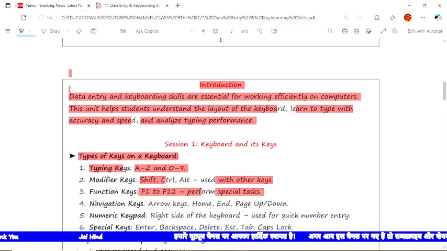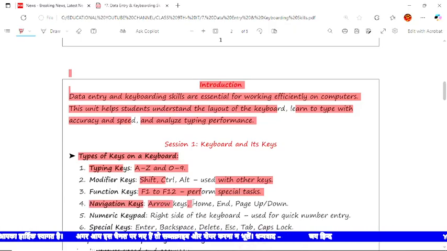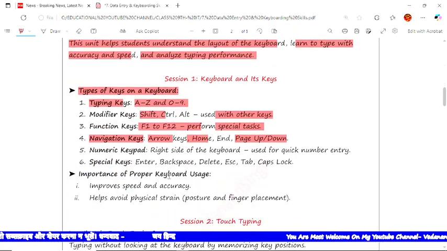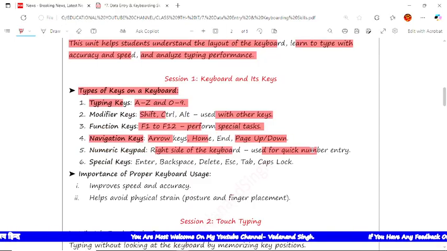The next is navigation keys, available on the keyboard: the arrow keys, home key, end key, and page up and down keys. Now the numeric keys, on the right side of the keyboard, are used for quick number entry. And the next are special keys: enter, backspace, delete, escape, tab, caps lock.